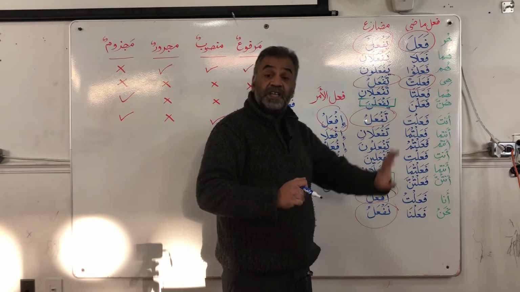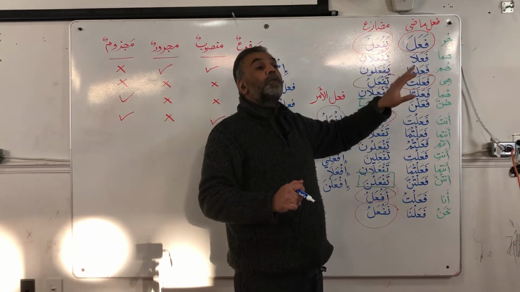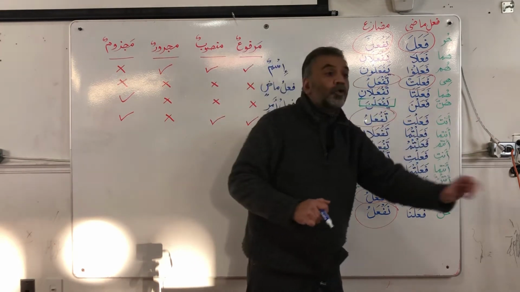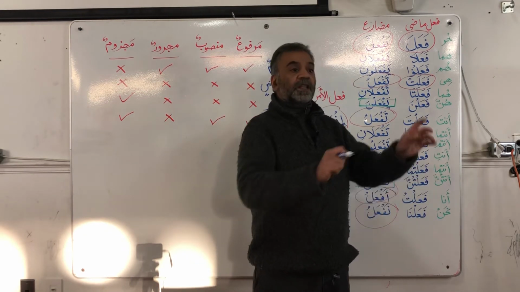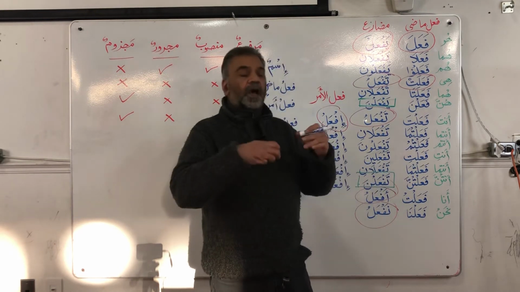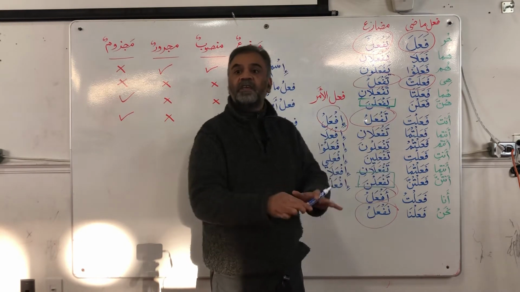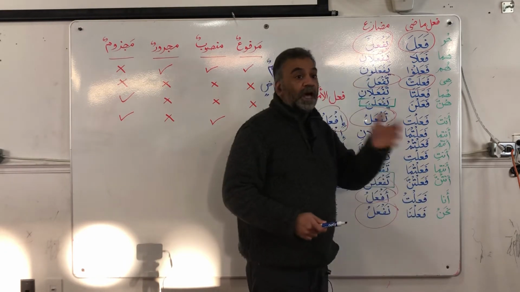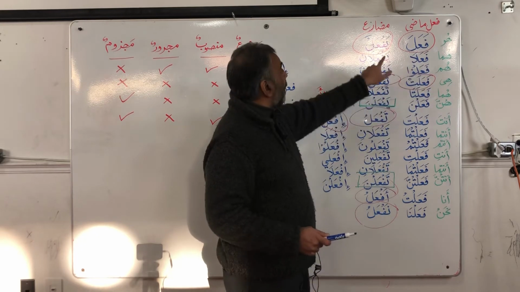Right? So, these three moods, fil mudari, they are called mu'rab, or they have three moods, can come in the Quran. Yaf'alu, yaf'ala, yaf'al. They can come in the Quran. Under what circumstances we have not learned that yet, but what I am saying is that going through the chart, we would know the mudari can come into these three moods. Yaf'alani.